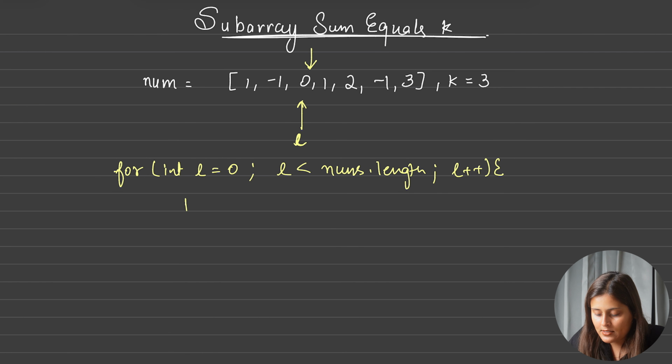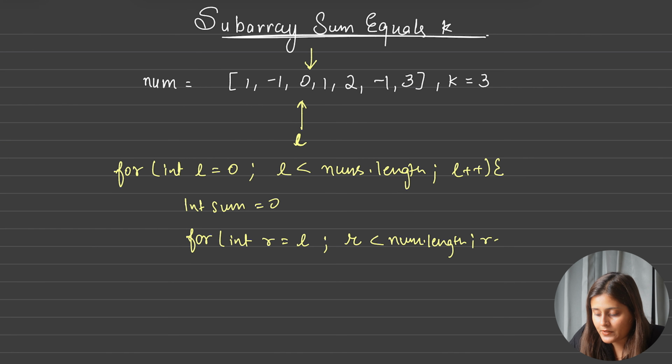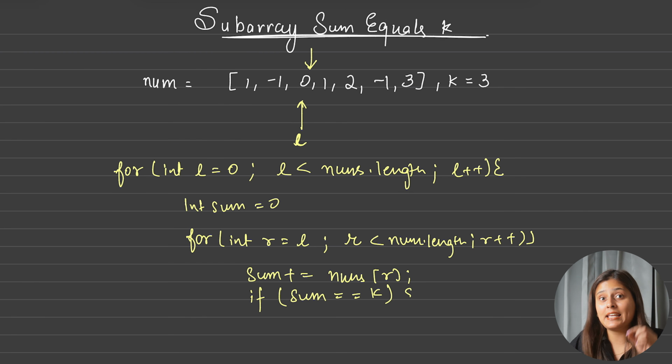So we will initialize a sum variable here, and now we will start another loop, that is the right pointer, that will start from the left pointer only, and we want to run it till nums.length, right++. Correct? Now in the summation variable we want to add nums of right pointer. After adding, we have to check if our summation is equal to k, then we can say yes, this subarray is valid, and basically we don't have to print the subarray, we have to count the subarray.